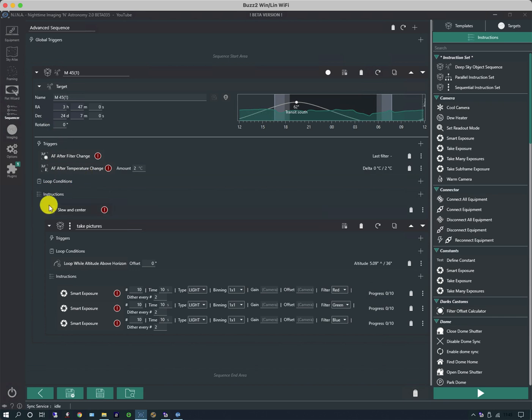It just goes through the once, it does an initial slew and center, and then it goes into a loop where it takes pictures endlessly until it gets to the horizon. What we've learnt there is we can move by dragging instructions and loop conditions from different parts of the sequence to others. And the last little thing we can do is add some other triggers to this which are universally